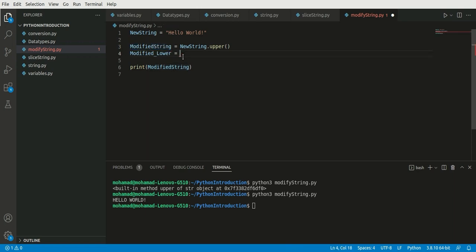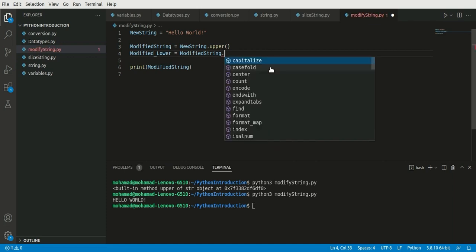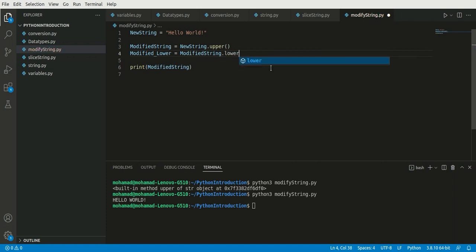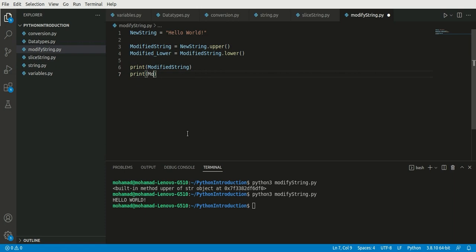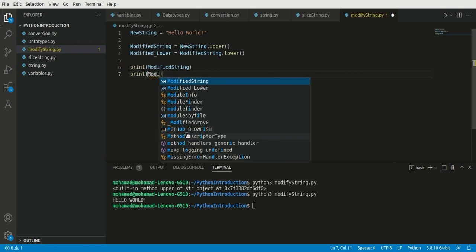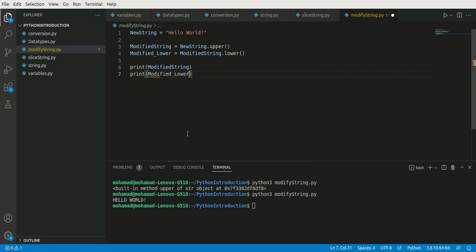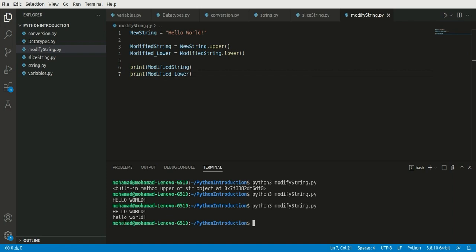We can change either modified string or new string, doesn't really matter, because they all have some lowercase, uppercase and lowercase letters. And modified string has all uppercase letters, so we want to convert them all into lowercase. So we can print the modified lower. So let's see the result this time, and as you can see, they're all converted into lowercase letters